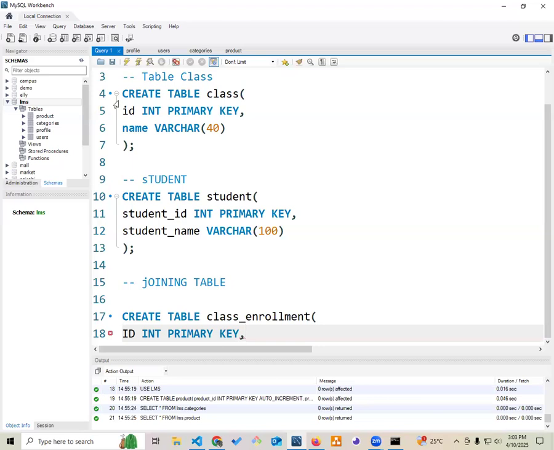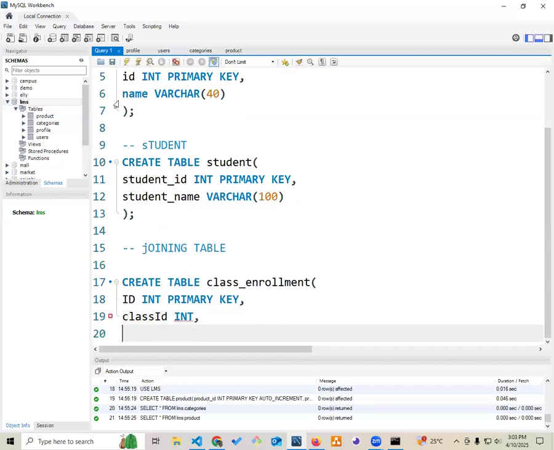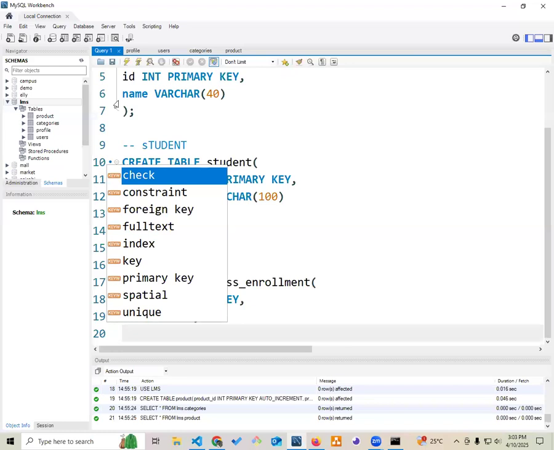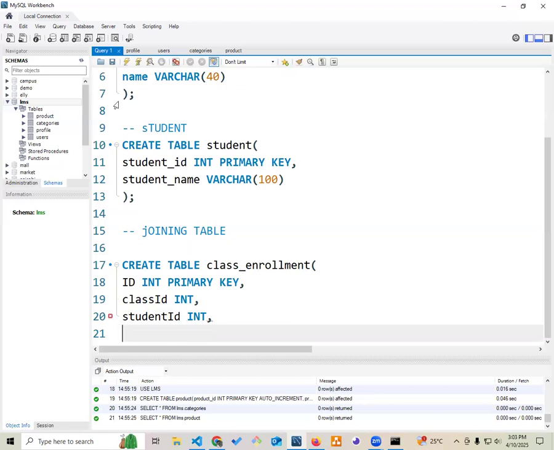Go to the next line, create the class ID, an integer. Go to the next one, student ID. Also an integer, and then you come here and write foreign key